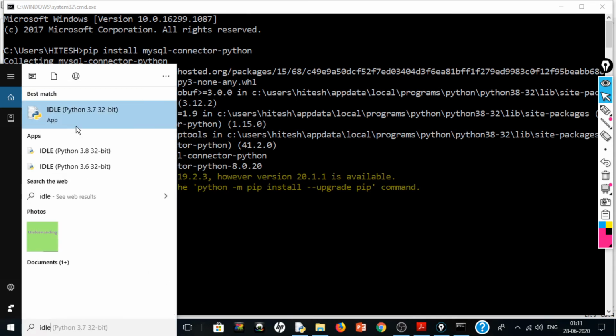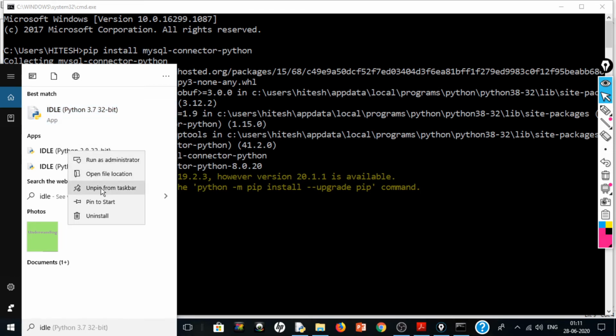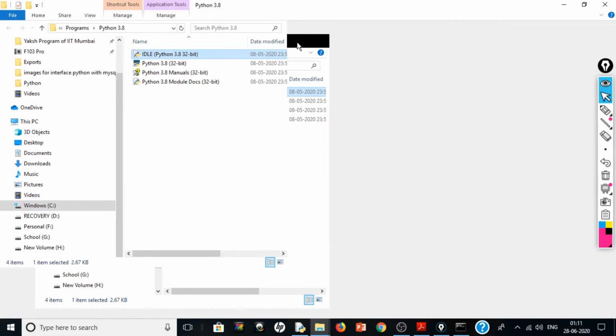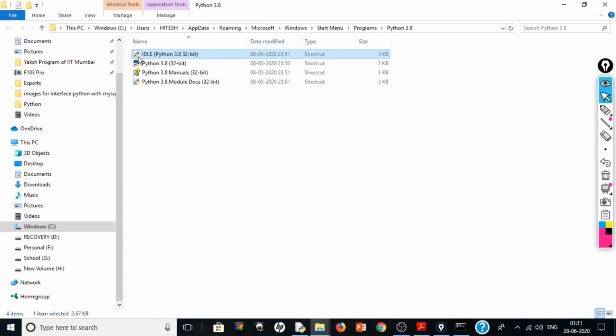Since I am using version 3.8, I will have to use this IDLE instead of 3.7. I will right click on it and say open file location. When I do so, it takes me to a shortcut icon of the application. That means this is not the real application, we have to go to the real application.